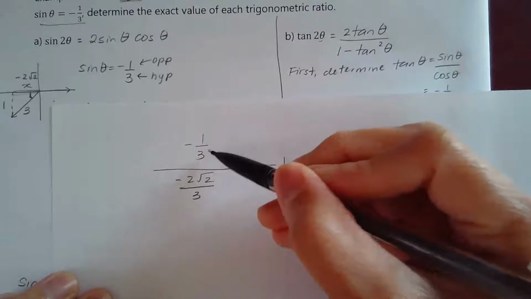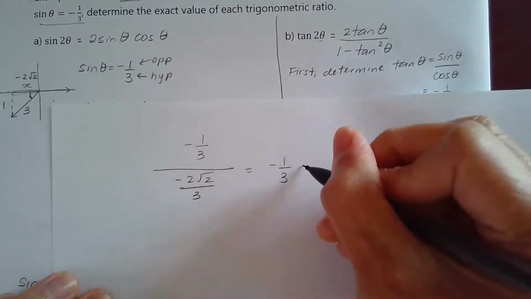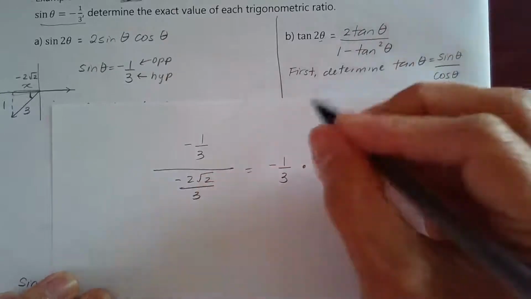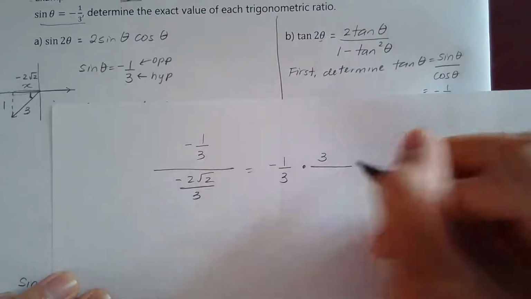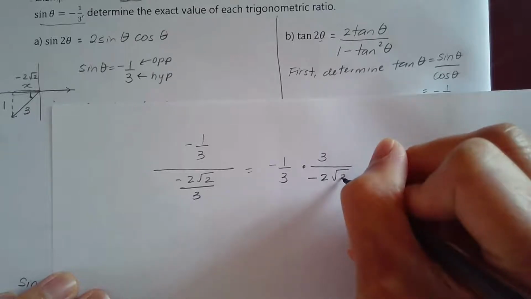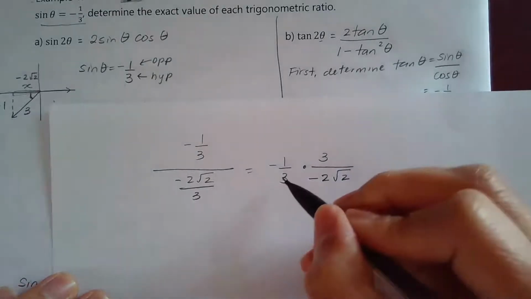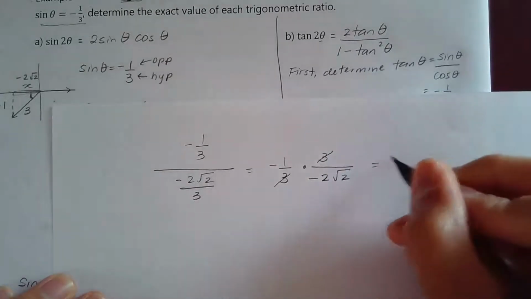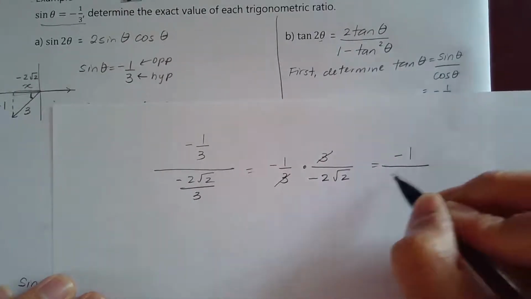So negative 1/3 times the reciprocal of the denominator. If we take the reciprocal of the denominator, we're going to get negative 2 root 2 over there. And then the 3's and the 3's would cancel, and then we're left with just negative 1 over negative 2